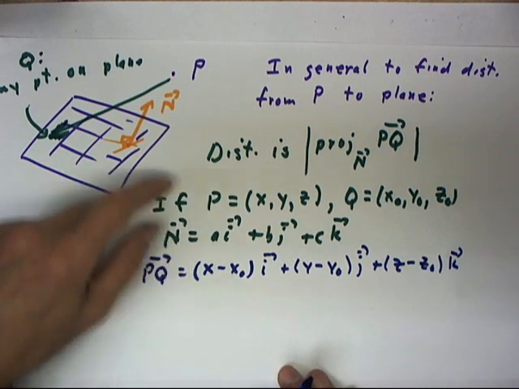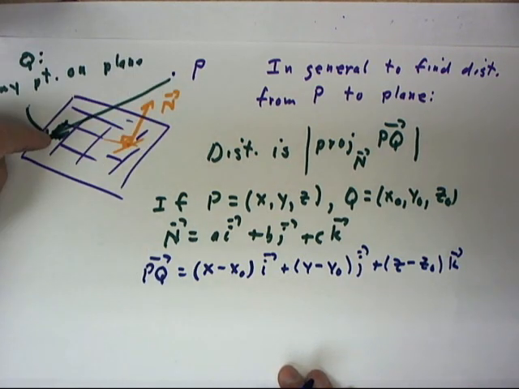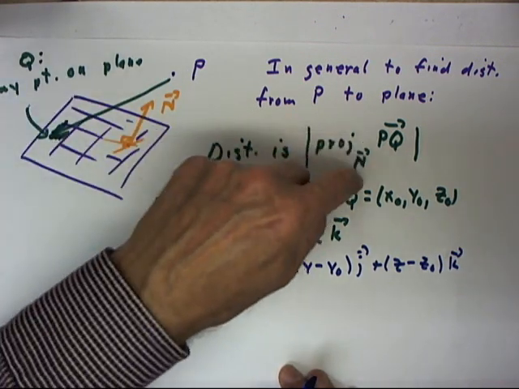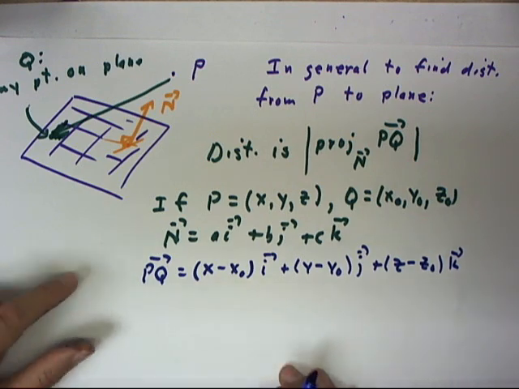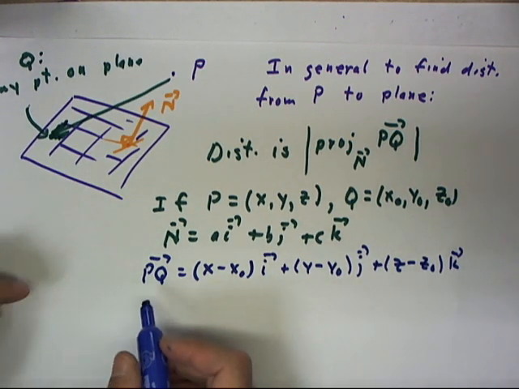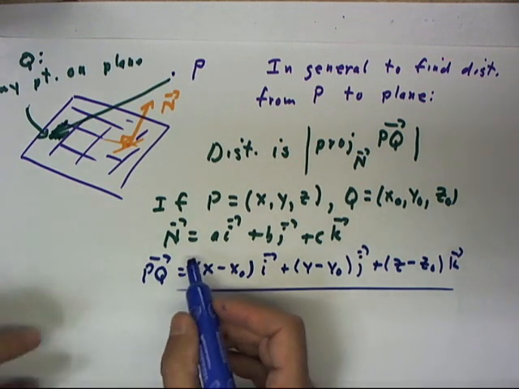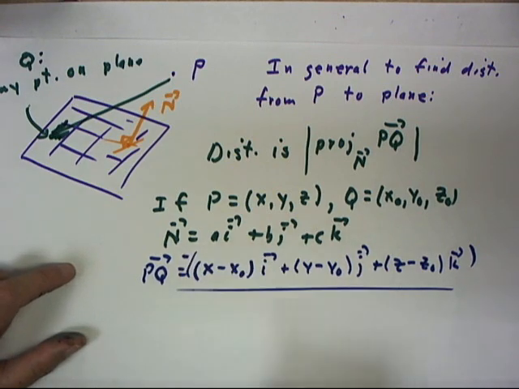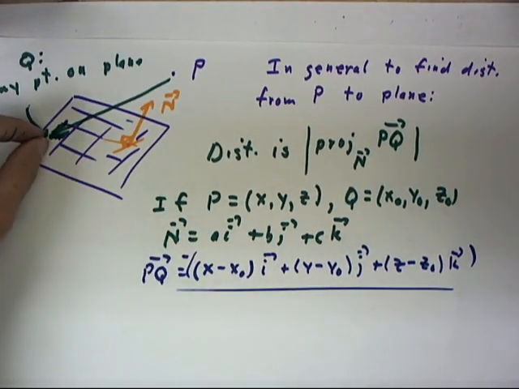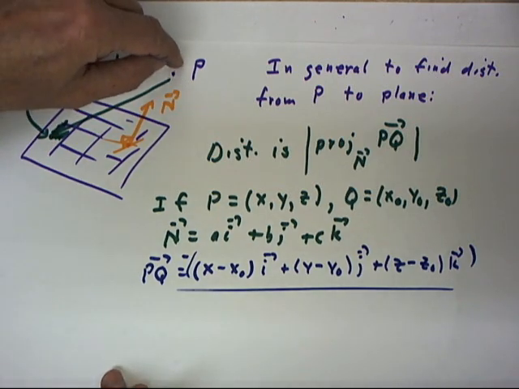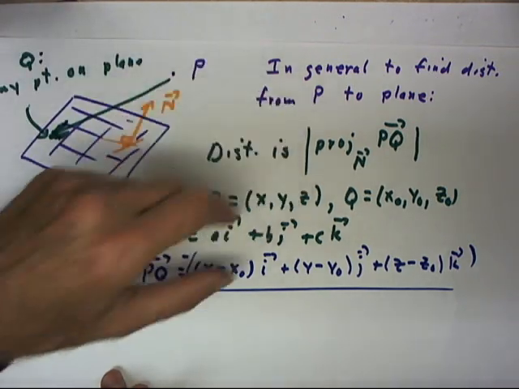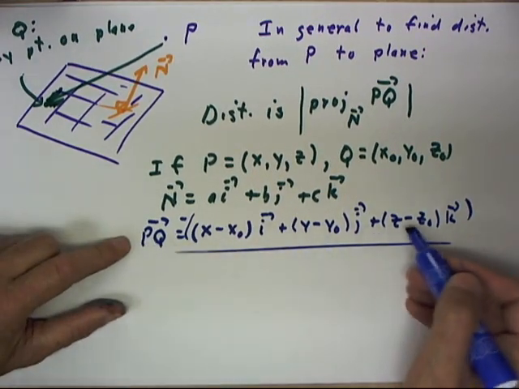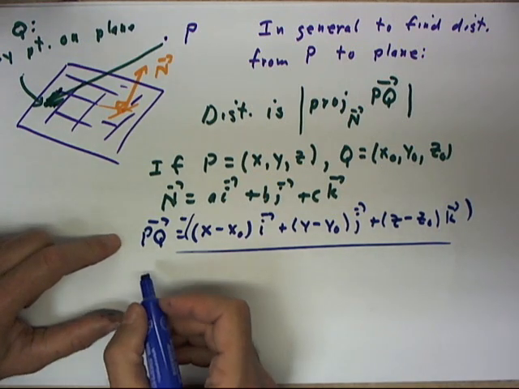Now actually I've done that wrong because I've gone from x, y, z to x0, y0, z0, and the vector PQ is actually in the opposite direction. I could put a parenthesis around this and put a negative sign in front of it, and maybe I'd better do that just to make sure I'm not telling a lie. But it doesn't matter whether we project the vector from here to here or the vector from here to here onto n, since we're taking the absolute value. Okay, and sorry for that little digression, but now we have PQ equal to this